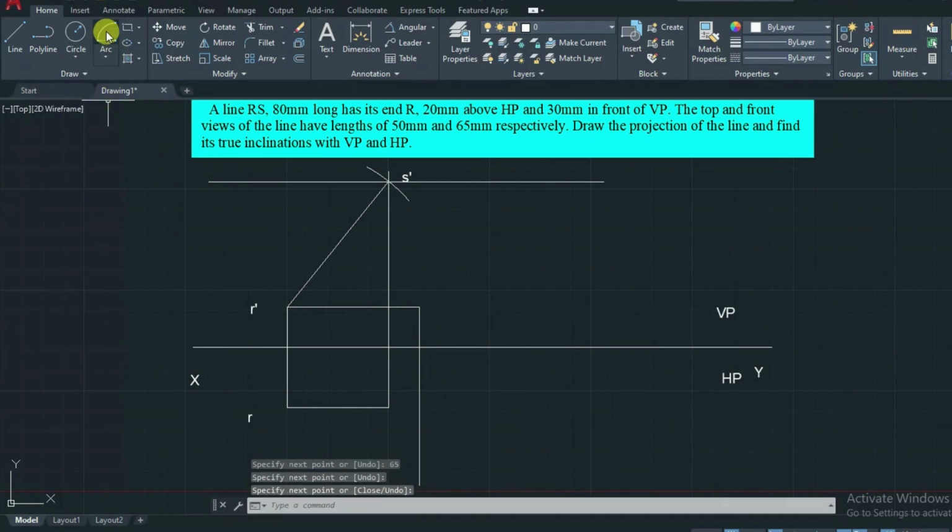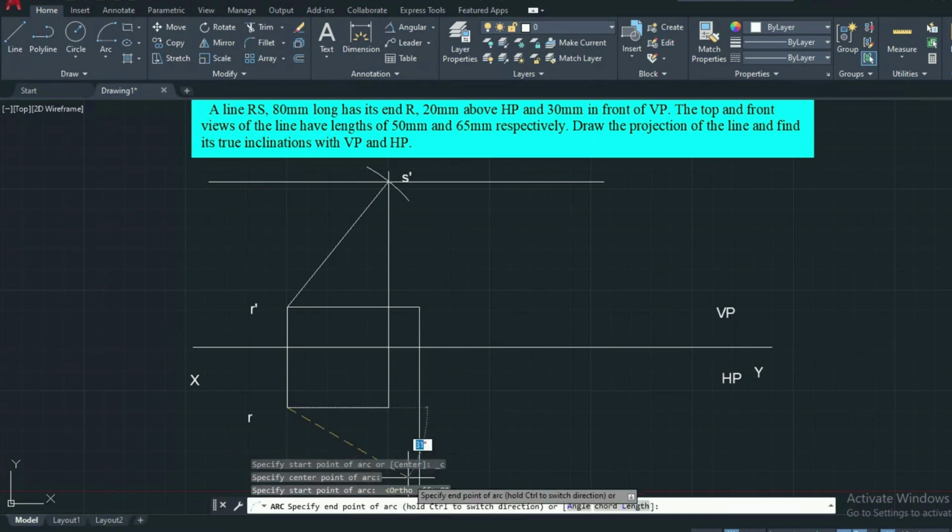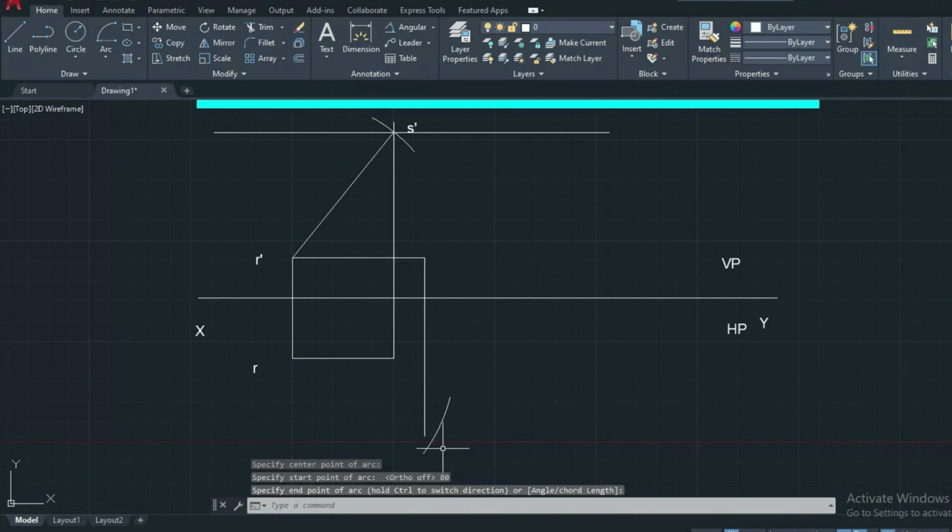Then similarly you can use the arc command, specify the center point. Here we know the true length dimension is 80 mm. So draw the arc. I drew the arc, but it's not intersecting, so we can extend the line.